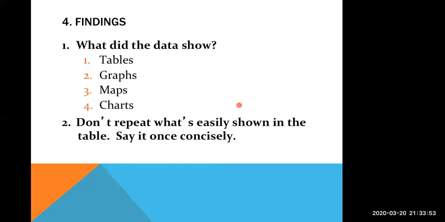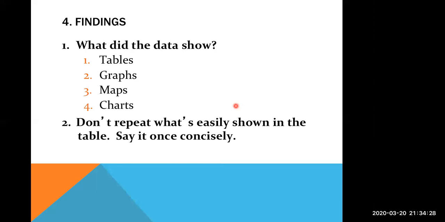The fourth part of your research, the findings. You should outline your findings this way. What did the data show? And in almost every study, there are many different ways to show data, either by using tables, for instance, putting your data inside a table and showing it to the reader, or using numbers, statistics, or graphs. Maybe you use maps or charts just to show your data. And also,